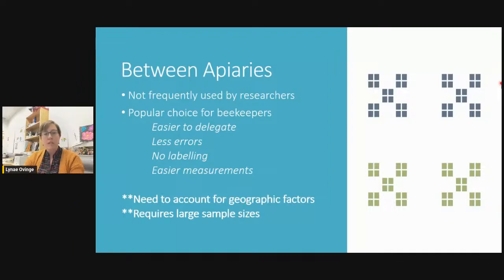It's really easy to delegate. In commercial beekeeping, you have to be able to delegate. There's less chance of errors. You're not having to label, and the measurements are easier because you can do types of measurements that'll go off the whole